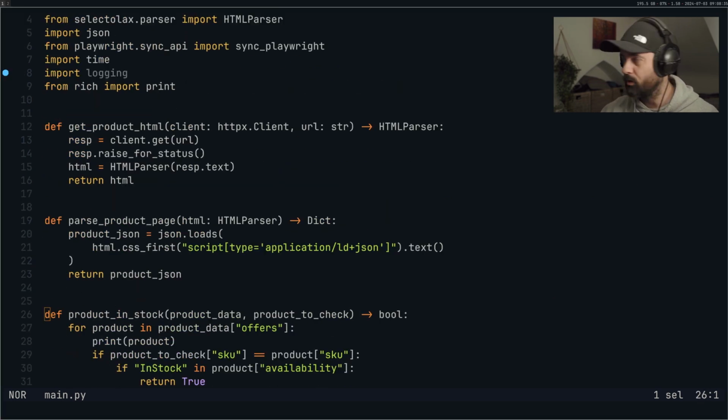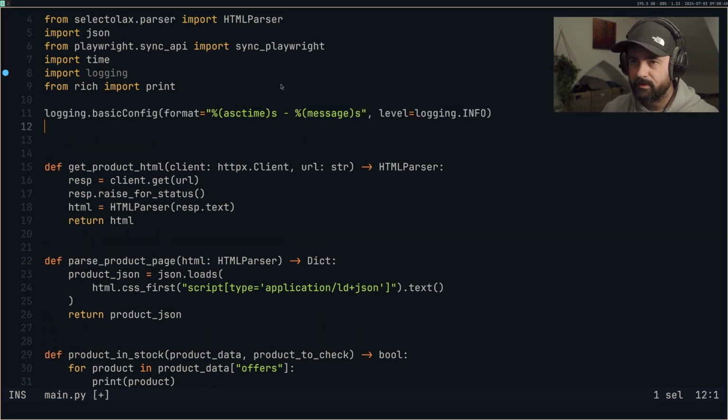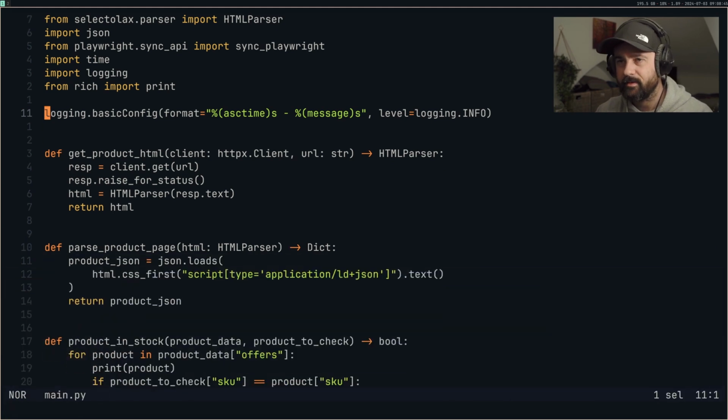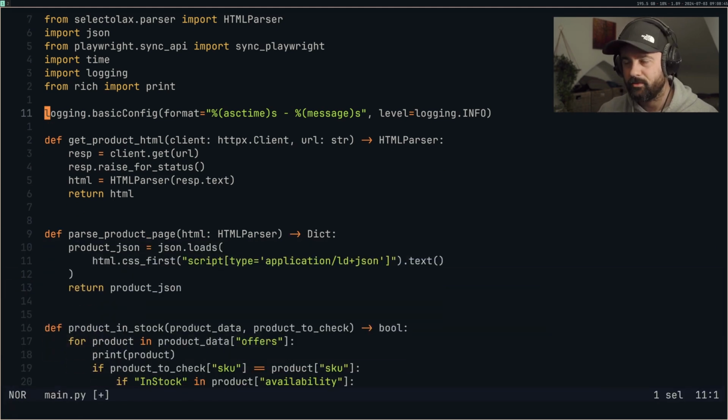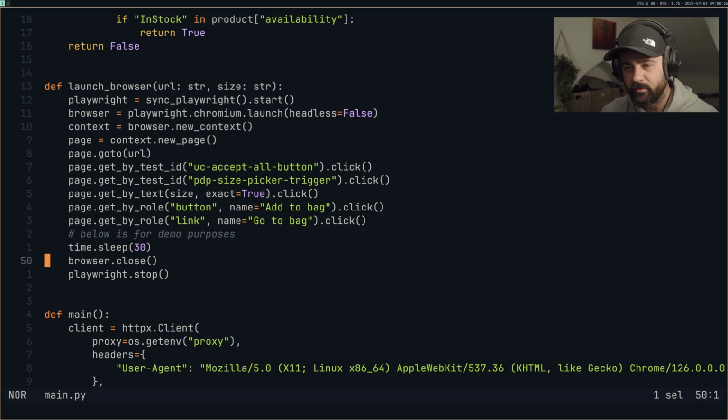I'm just going to put in some logging, and I'll do this real quick just so it's nice and easy, so you kind of get the idea. But I tend to just use basic logging, a basic config. I know that this isn't ideal, and a lot of people say that you should use your own. You know, this works just fine. What this means is we can now put in proper logging into our code,